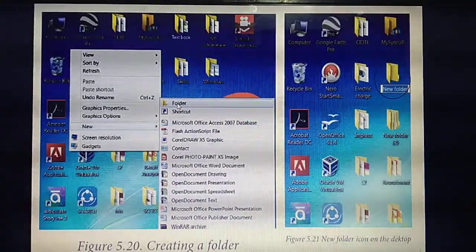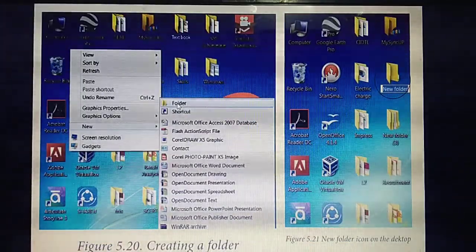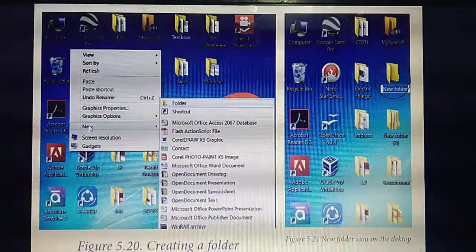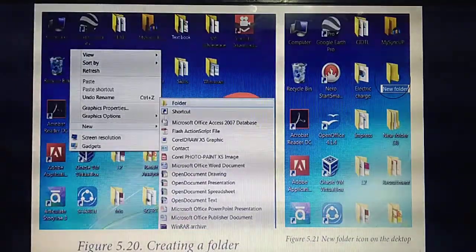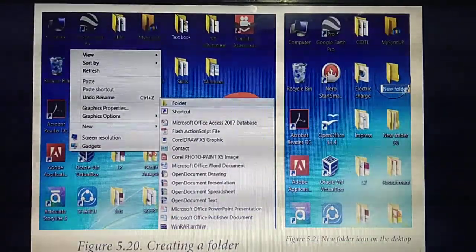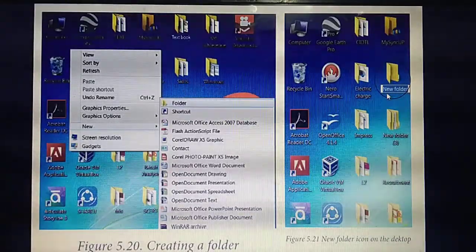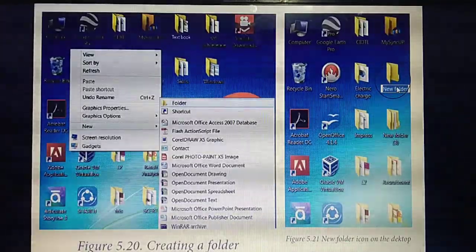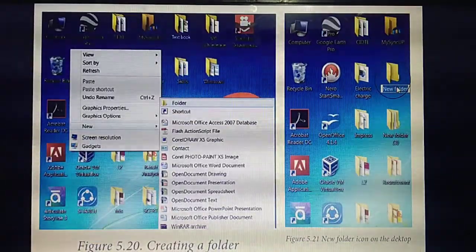Understand? Each and everything I will display with images, so you will never forget. Listen carefully. In the desktop you need to right click. If you right click, this pop-up menu will open. From the pop-up menu you need to select New. From the New you need to select Folder. If you select Folder, a yellow colored new folder will appear. What's the default name of the folder? New Folder. You need to type the name in this place and press enter. Then that name will be displayed as your folder name. Understand?